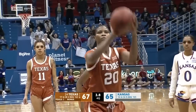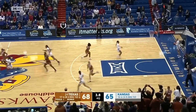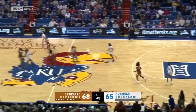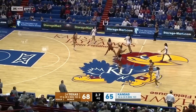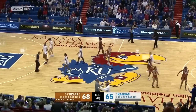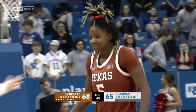Khadija Faye, 3 of 5 from the stripe today. She makes that. It's a 3-point game. Kansas can tie it with a 3. Strome passing down, intercepted by Gaston. She catches, and that will be the ball game. Kansas had an opportunity to tie it up. Gaston